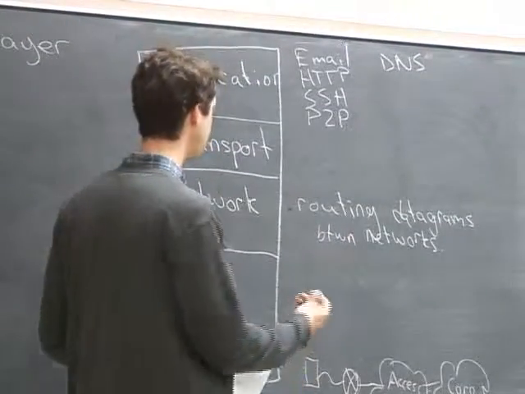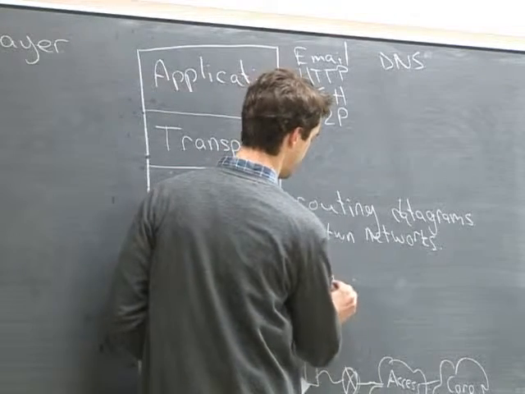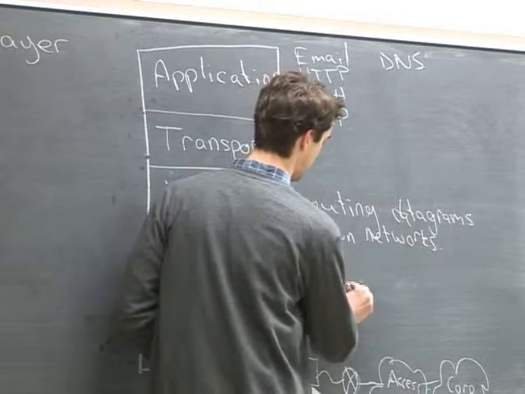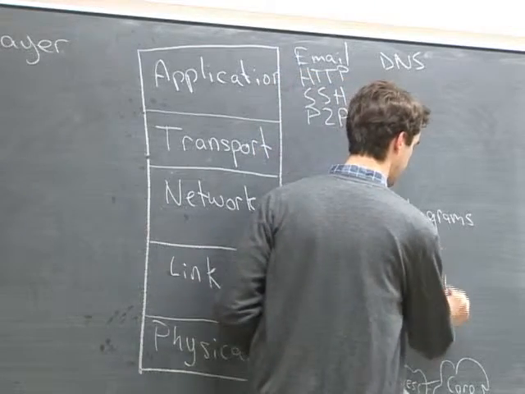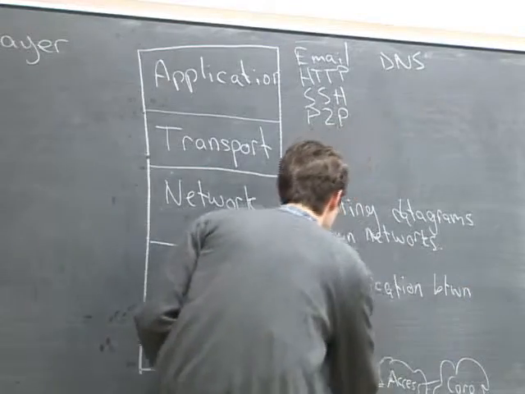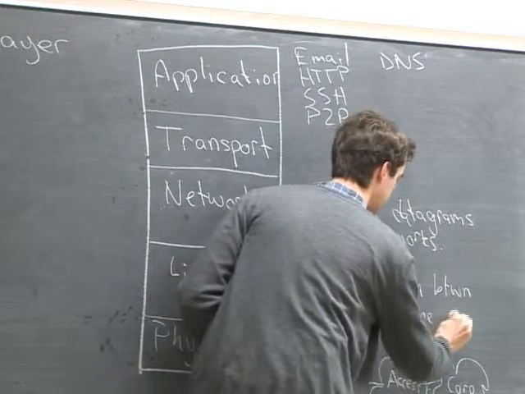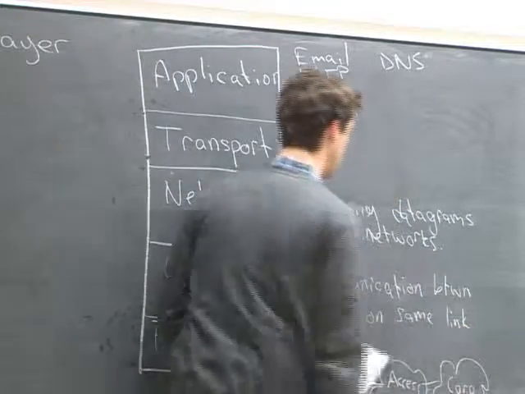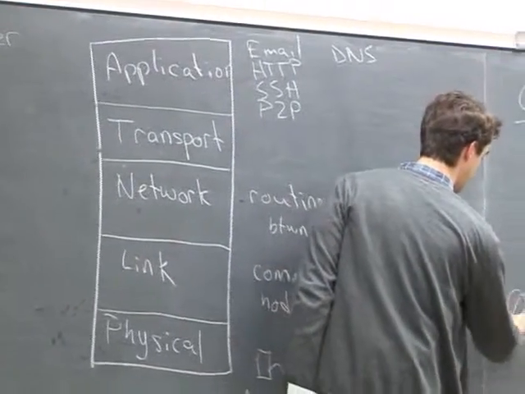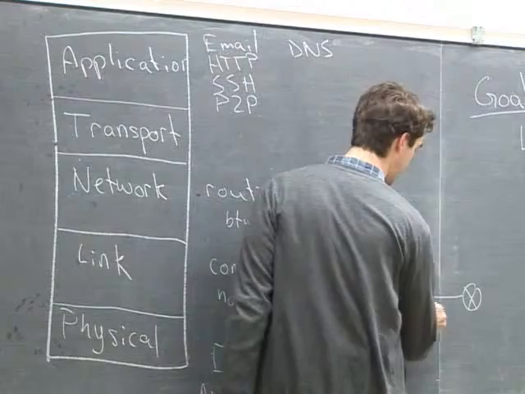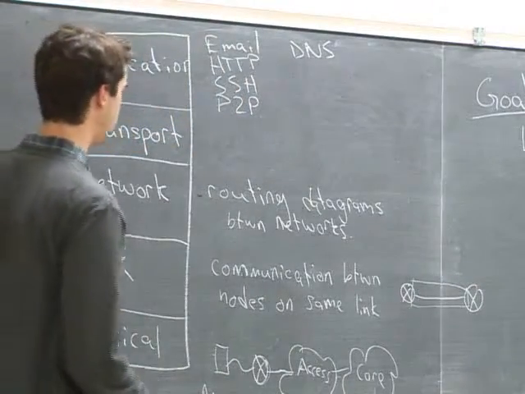All right. Then the link layer is responsible for communication between nodes on the same link. And what I mean by this is if we have a link like this, then the link layer handles the behavior of these two endpoints, right? You may need to